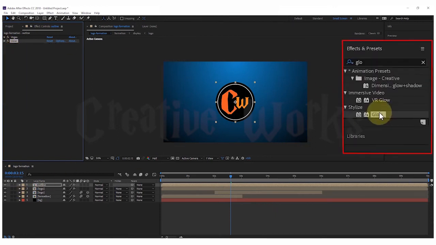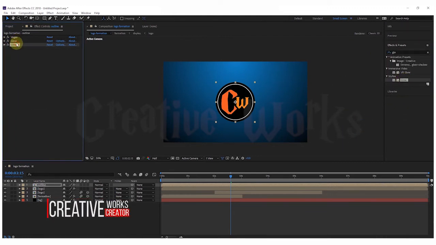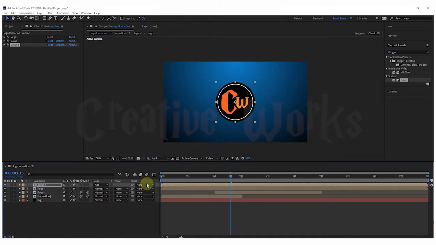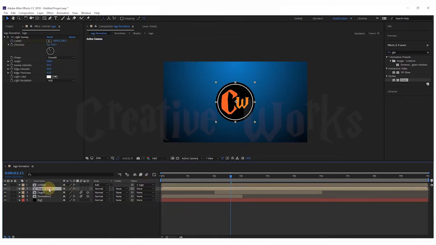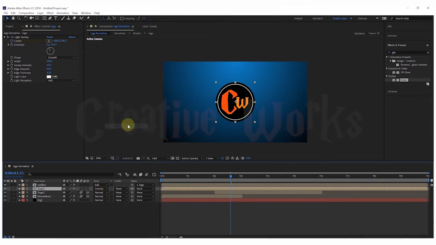Add again glow to the composition. Select outline composition. Change mode to add. Change parent to logo 3. Select second logo. Change mode to overlay.